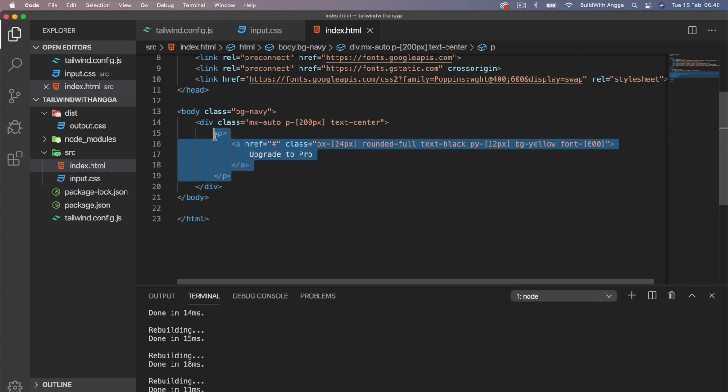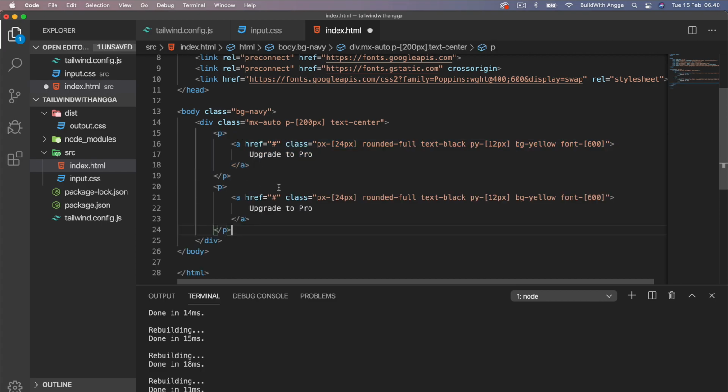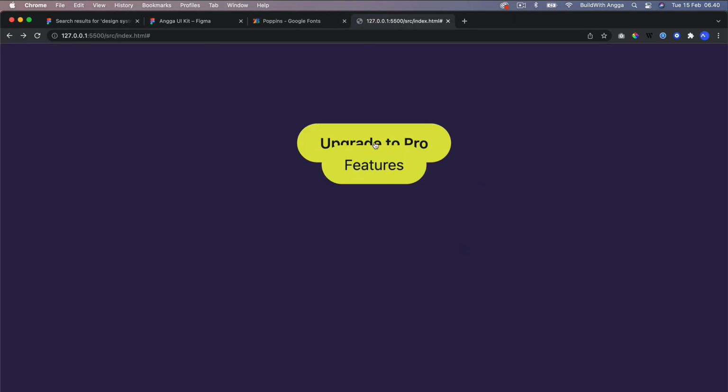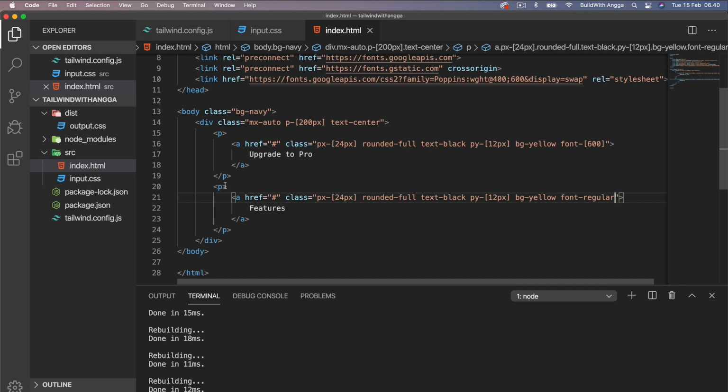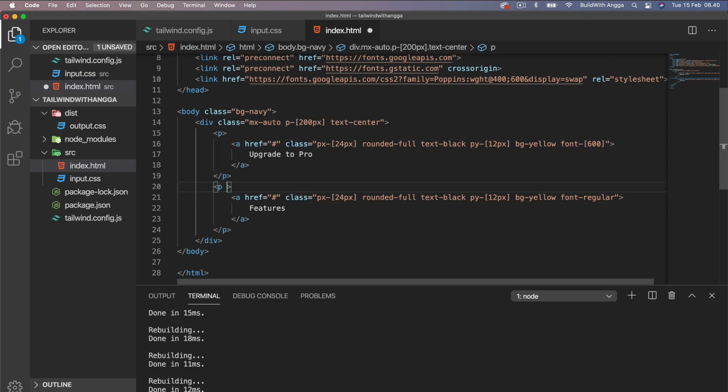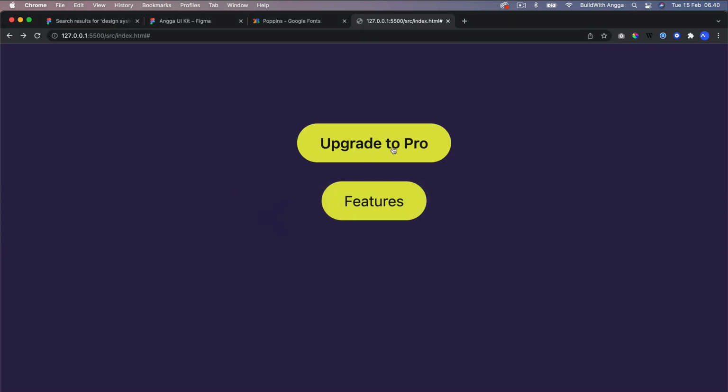Now we continue to the secondary button. So we simply copy this paragraph, and this is supposed to be Features, but we are using a different font weight, which is regular, so you can use regular. Then we need to give a margin top just for the example.